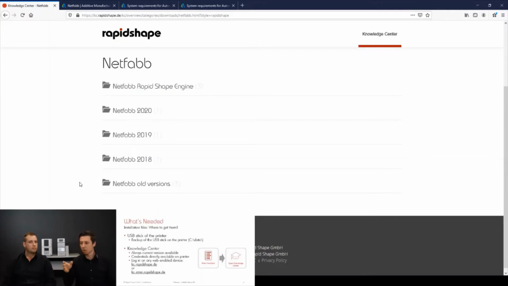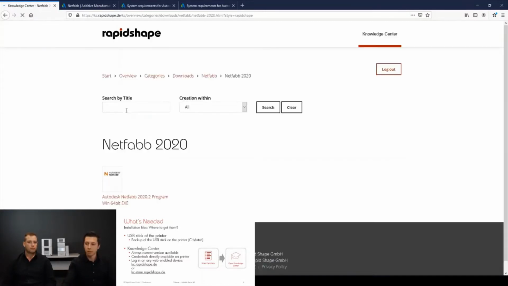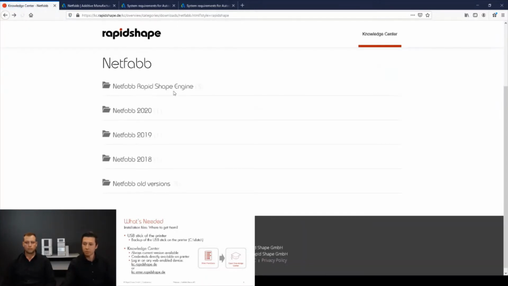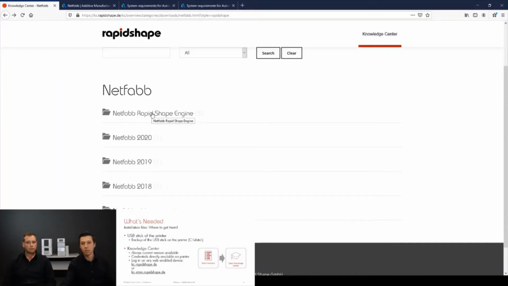You can see there's older versions available still. But as usual, our recommendation is use the latest one. In this case, it's Netfabb 2020. So you just open this folder and you will find directly the link to download the exe files or the installer for Netfabb 2020. Now let's go back, because what you can also find in here is the Netfabb rapidshape engine,